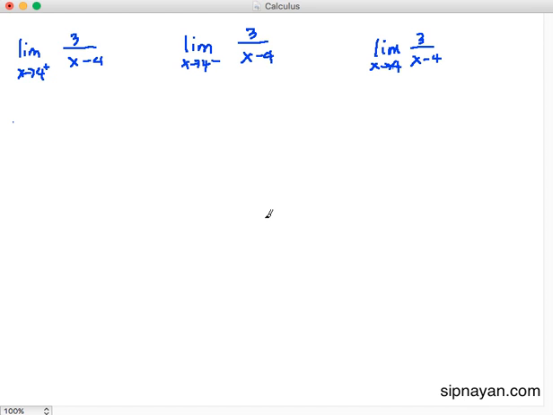So, what is the limit of 3 over x minus 4 as x approaches 4 from the right? And then the limit of 3 over x minus 4 as x approaches 4 from the left. And the general limit, no? What is the limit of 3 over x minus 4 as x approaches 4? So, ano ibig sabihin ng the limit of 3 over x minus 4 as x approaches 4 from the